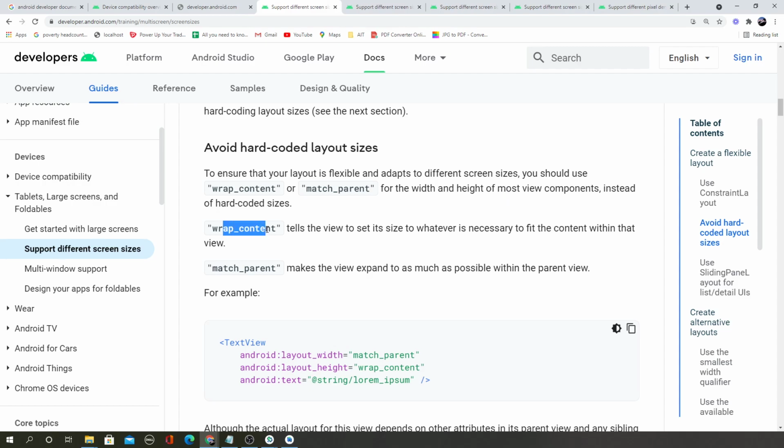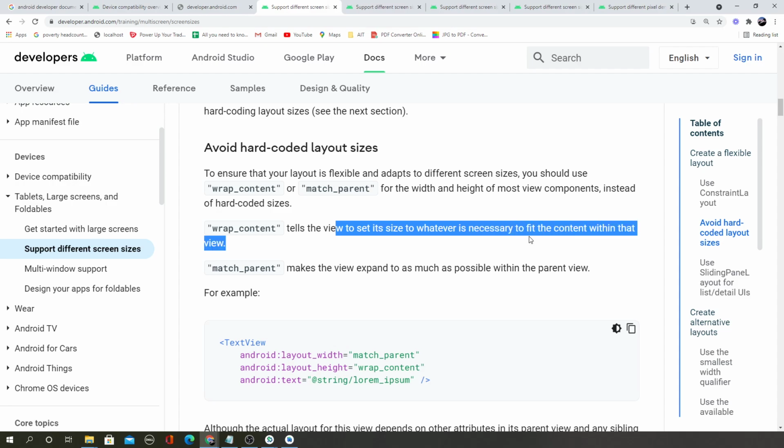Wrap content means, as said earlier, you are telling the view, the button or the label or the text box, to set its size to whatever is necessary to fit the content within that view. If it's a label and there is some text in the label, wrap content means the label's size will fit automatically to fit into the content.